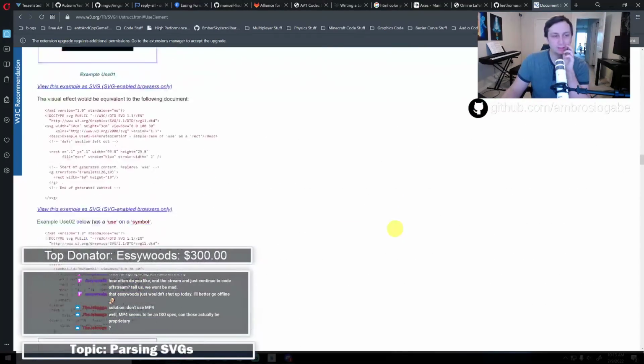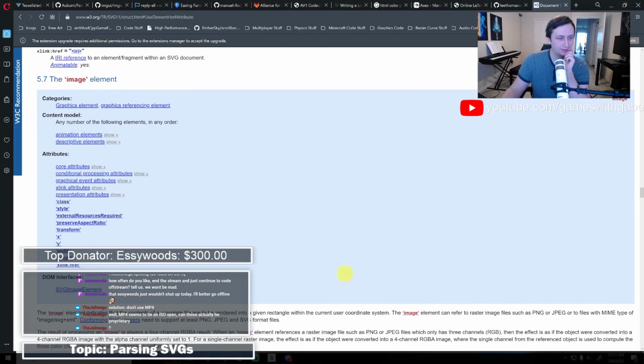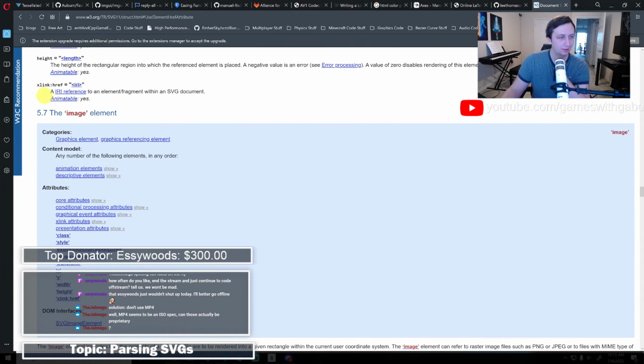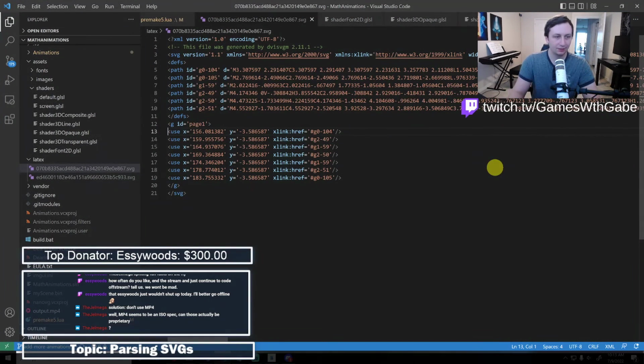Okay, so I'm guessing we just add the XY, is what it sounds like. So XY, you just add to it, and then width and height, I guess. Oh, and let's see what xlink:href is. IRI reference. Okay, so that's easy. Cool. So basically we just add that to all of these coordinates, and then this just uses this. Do we actually reuse any of these elements too? I'm curious.